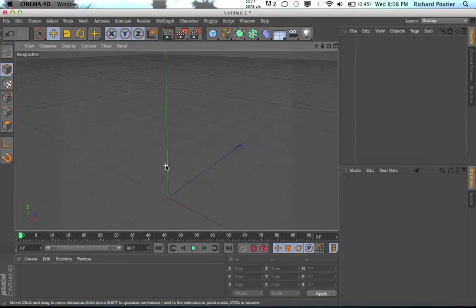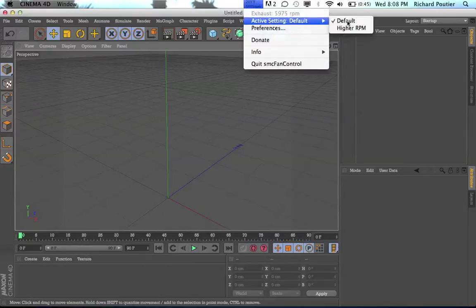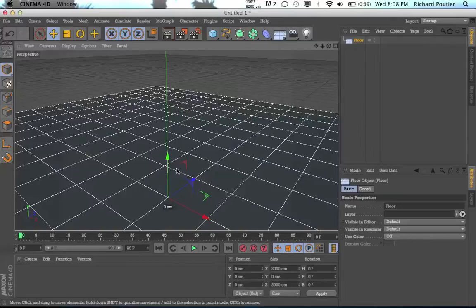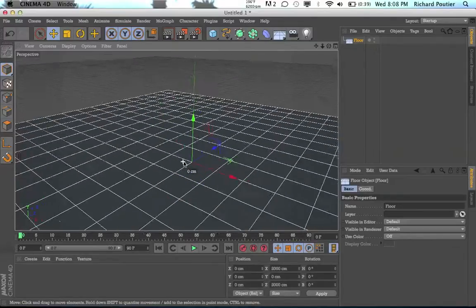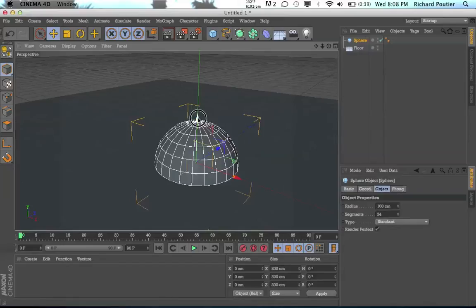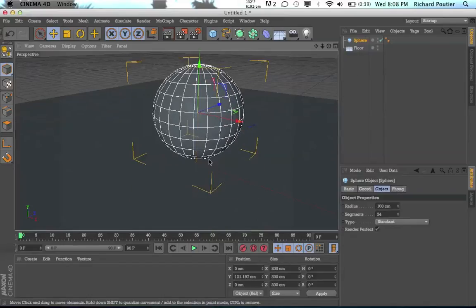Alright, so let me turn up my speed. Sorry. Here we go. So, go ahead and hold down this little button right here. Click floor. Zoom out a little bit, maybe move this camera. Then we're going to go and create a new sphere. Raise that up just so I'm